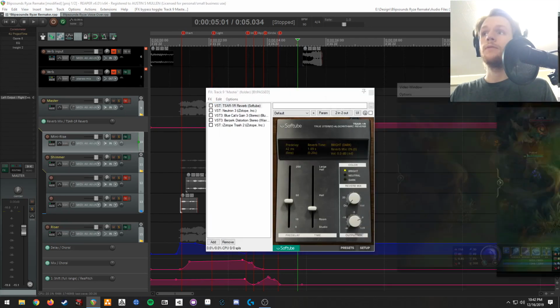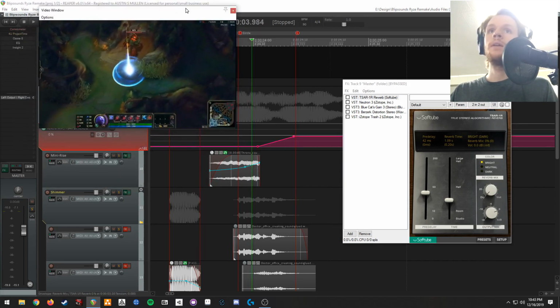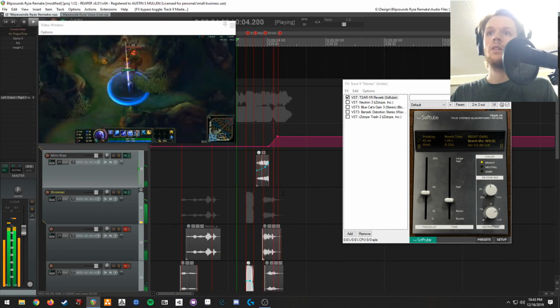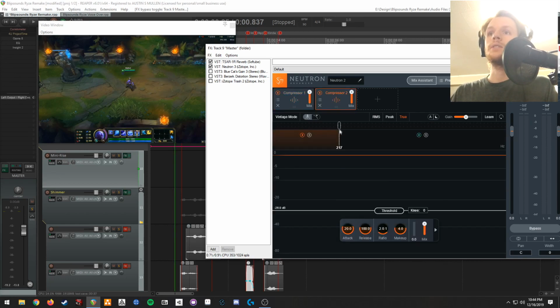So I have my reverb first, and I only have it coming in at all at the very end part. If I had the reverb on the whole time, it sounded like he was indoors to me. I have two compressors here. This one is just for glue, to glue all of the effects together so that they sound like they're in a similar dynamic range. And then this compressor is only working on the low end.